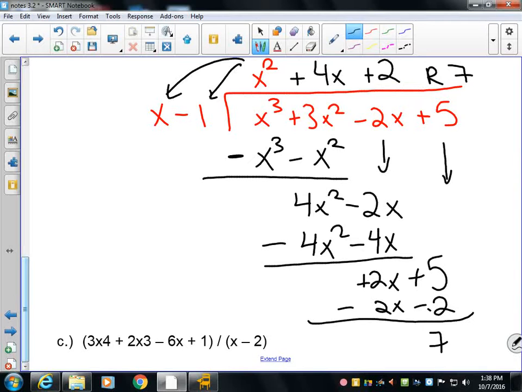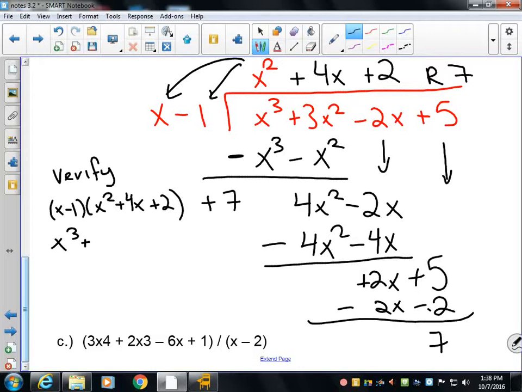So we want to verify. So to verify, we've got to go x minus 1 times x squared plus 4x plus 2. But now that we have a remainder, we have to add 7 on the end. Okay? So that gives me x cubed plus 4x squared